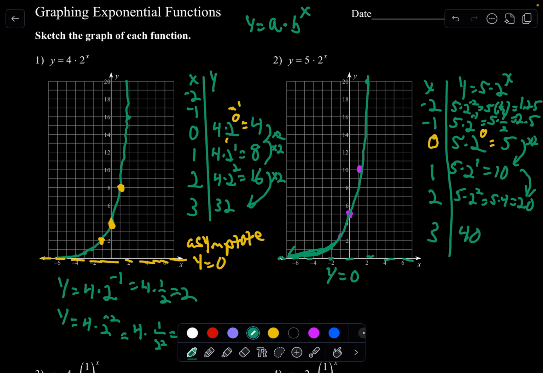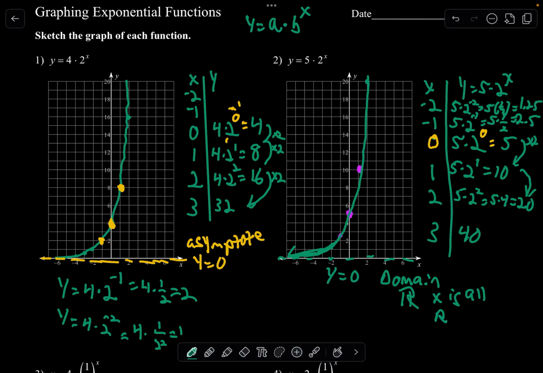All right. Now let's talk about domain and range, okay? So for all exponentials, the domain will be all reals, all right? That's x. X is all real numbers, okay? The range,